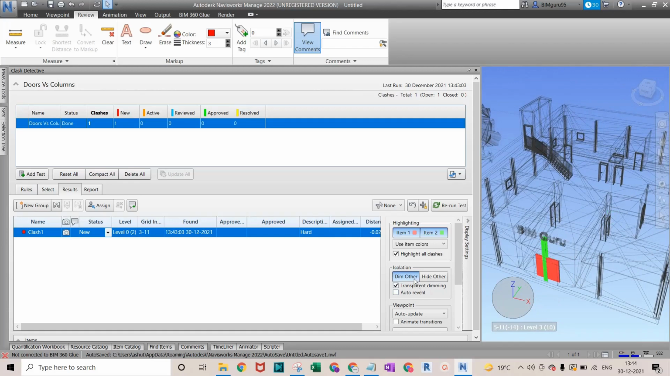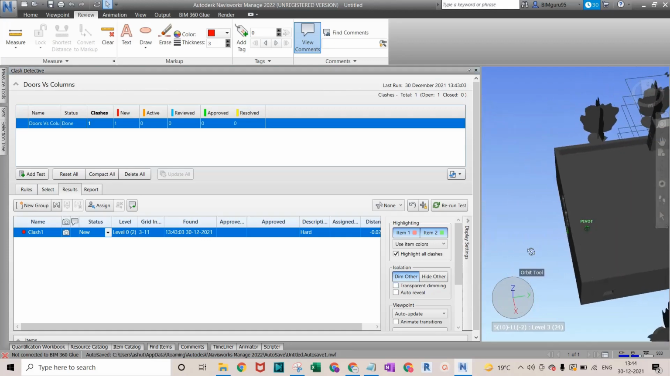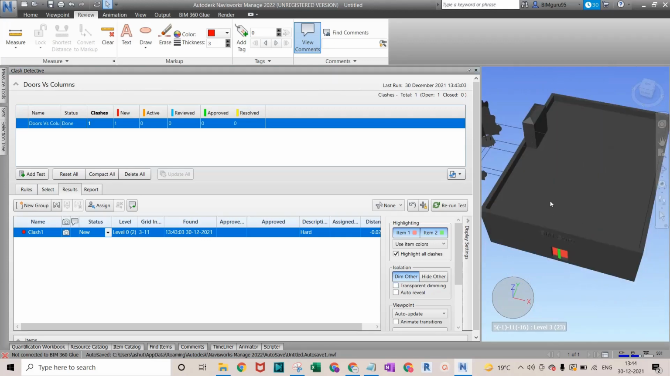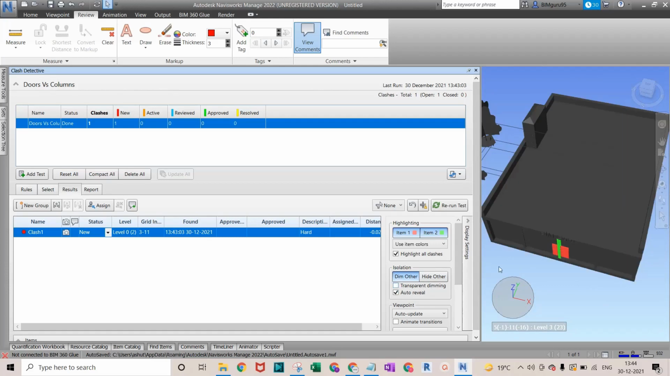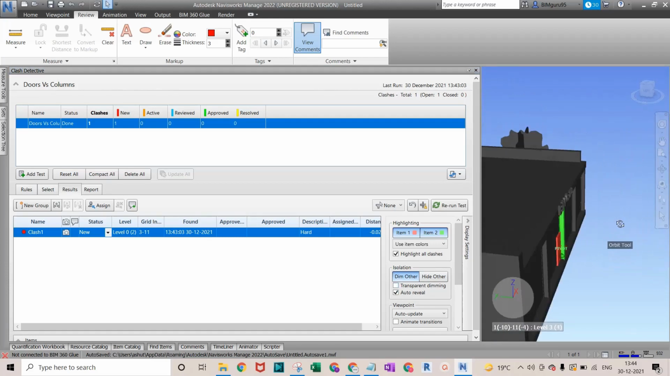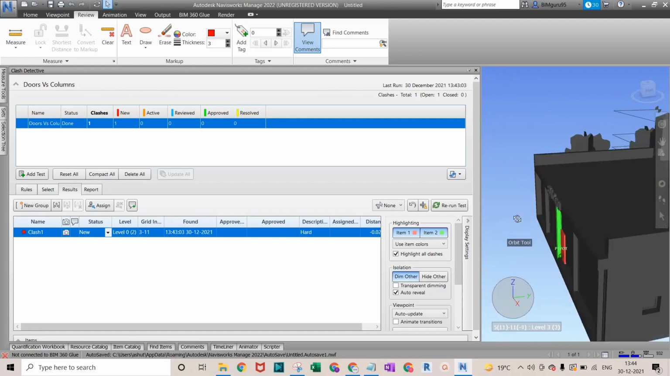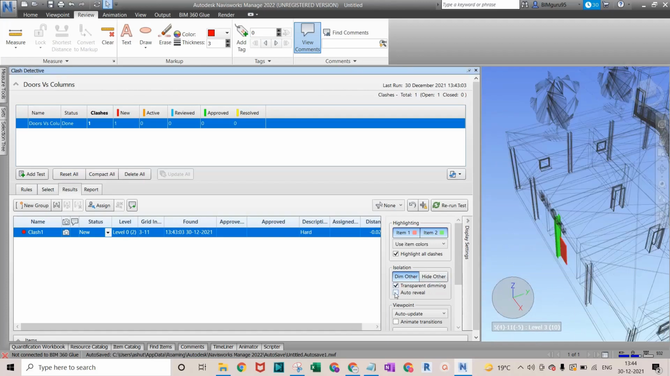If I uncheck that one right here, I'll also show you. If you uncheck this transparent dimming, it will show this black kind of thing, which means it is not transparent. And if I uncheck auto reveal, it shows where the clash is in a proper manner. So that is the concern of these things, but I'll suggest you go with this one,